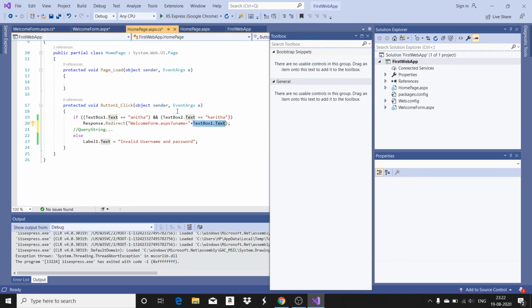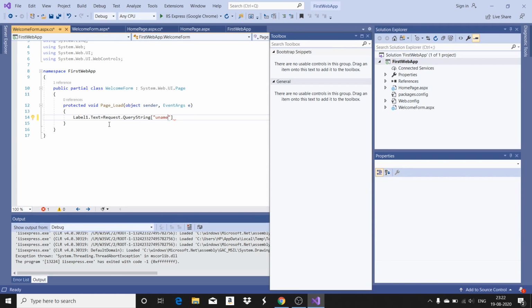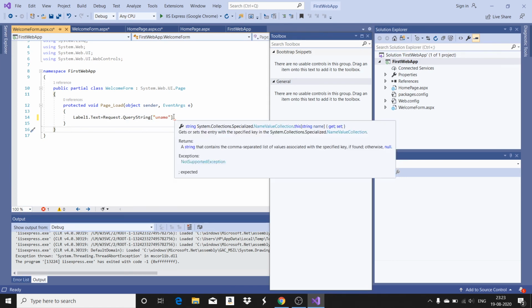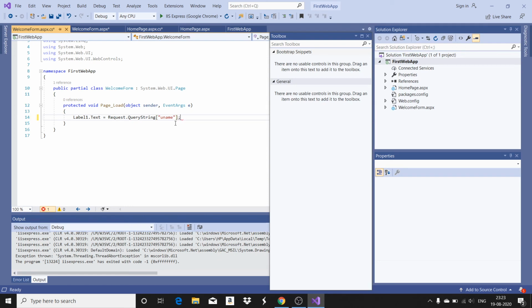So to get this value, we have said from the request, take the query string that has the name username. So this has to be assigned to Label1.Text. Okay, so this is the only code I am going to add.